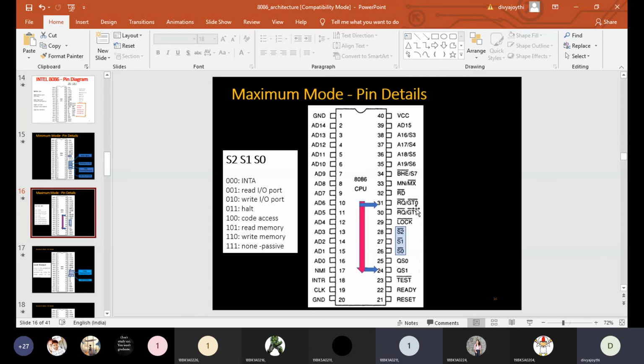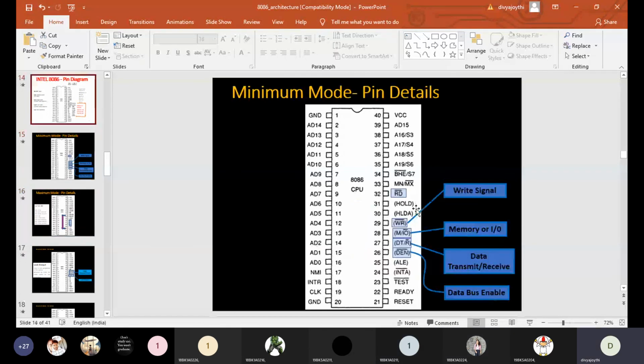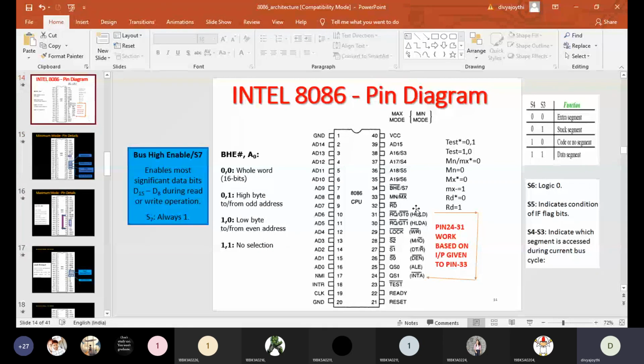Yes, ma'am. And now what you will do, I'll show you the first basic diagram. Now you draw the entire pin diagram. I'll give you time, draw the entire pin diagram. And then after drawing this particular pin diagram, you separately redraw the pin diagram for minimum mode as well as separately redraw the pin diagram for maximum mode. 3 different pin diagrams should be there in your notebook. Do it fast.